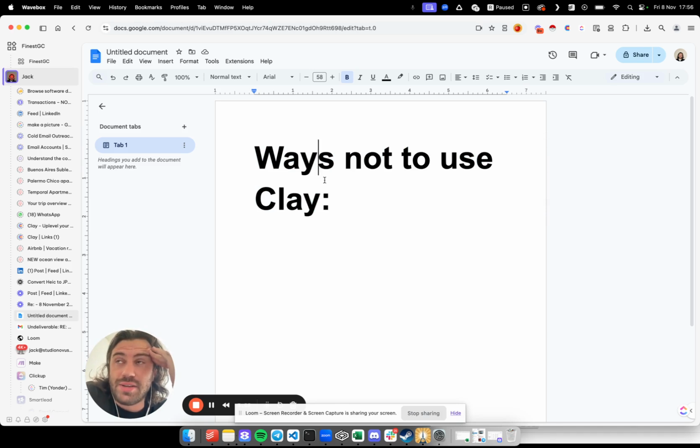If you go into Clay and you're just messing around, trying to build something cool, your campaign is going to be really terrible, because you have no direction. You don't know where you're aiming to build. You don't know your copy. You don't know anything. So Clay should really be one of the last things you use. You should never build your campaign around Clay. You should build Clay around your campaign.